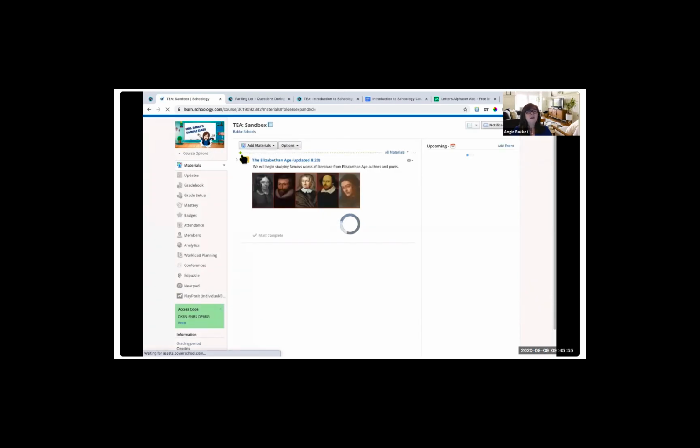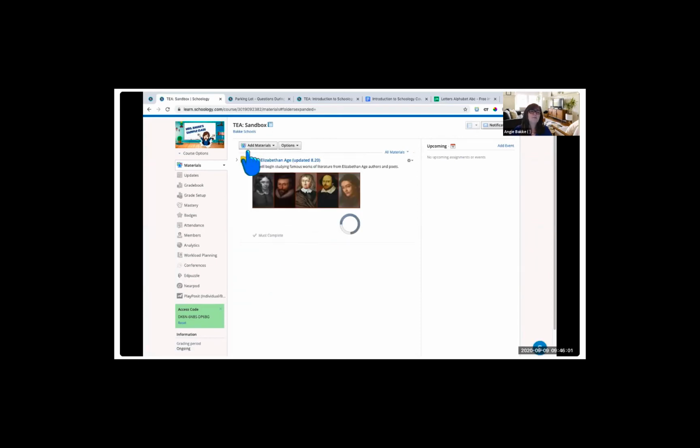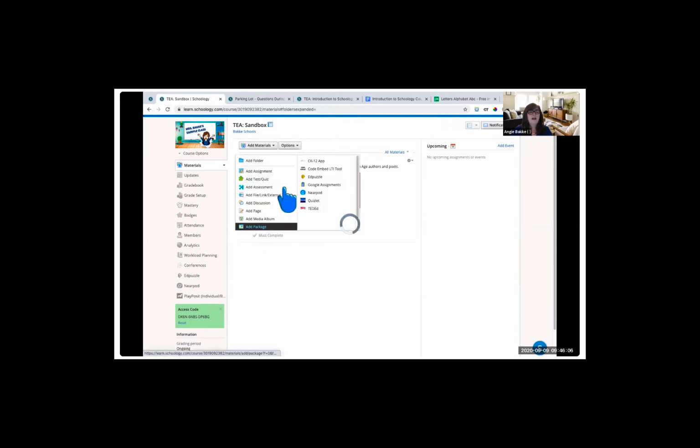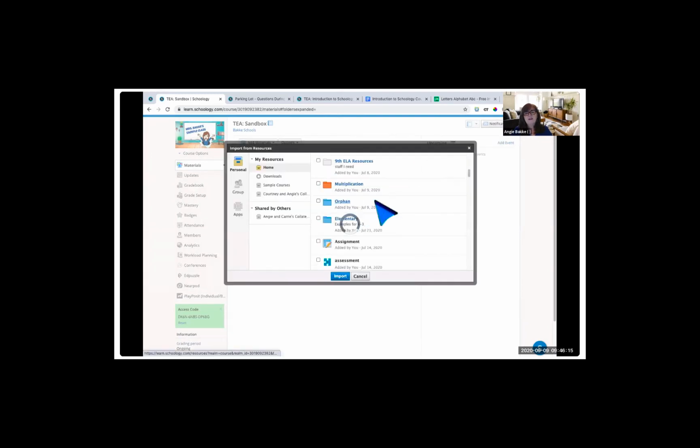So I'm going to add the material, and I want it to go on top of the Elizabethan age. If I add materials from here, they're going to go to the bottom. But if I add it from right here where that little icon pops in, I can go in and add, again, remember how it's a Schoology scroll to see it. I'm going to import from my resources. And I saw it in there, the ABC unit